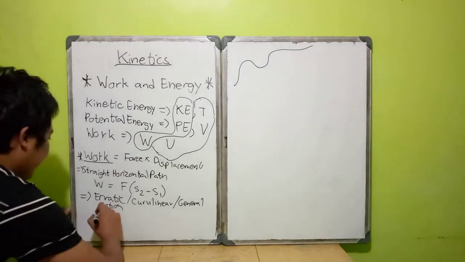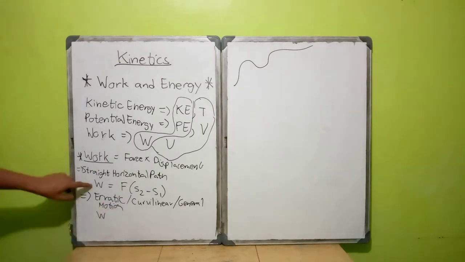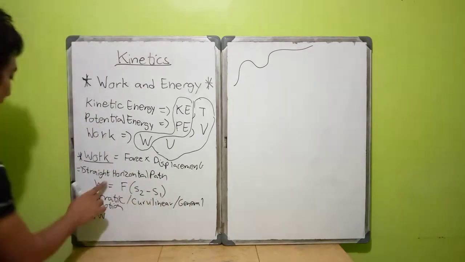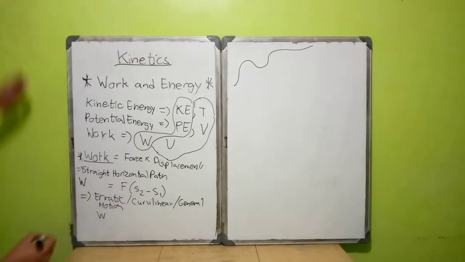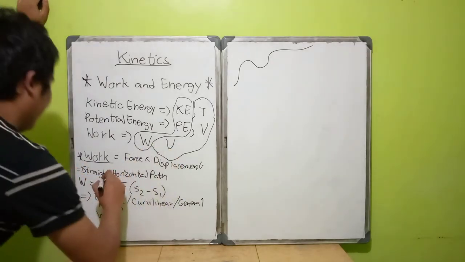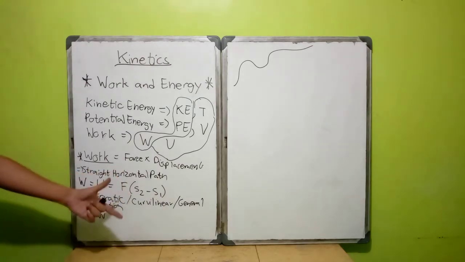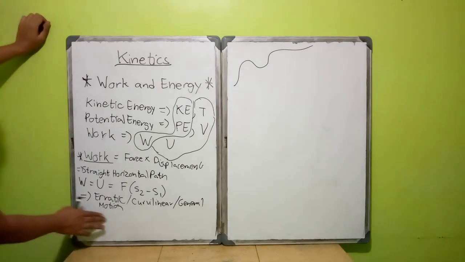So your W can also be denoted as your U. If you want to use U as a symbol of work, you use U. So W equals U is equal to F times S2 minus S1 for the straight path. Now for erratic or curvilinear general motion,